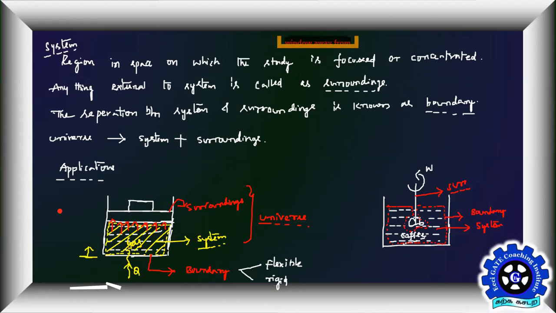If you had some leak through the cylinder wall or from the space between piston and cylinder, you would expect some gas to be lost from the cylinder. But we are not doing those kinds of things here. We are assuming it's perfectly leak-proof, so that the mass of the gas before your energy interaction and after the energy interaction is the same. Mass means density into volume.